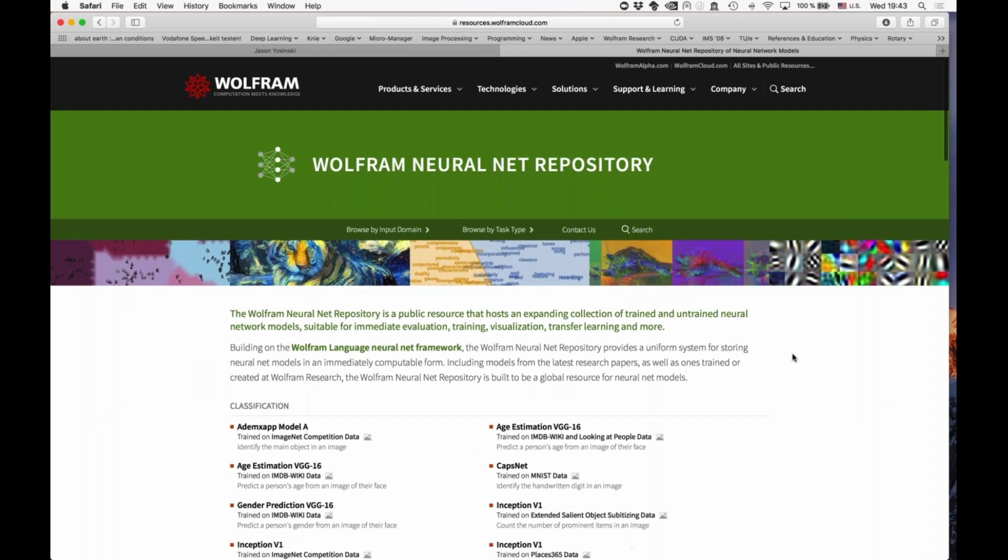Essentially, we have a network repository where we collect all the well-established, well-functioning, and in most cases pre-trained networks that have been published in the literature. And instead of having to train a network yourself, you can basically upload this neural net and then take it from there, and don't have to train it yourself.